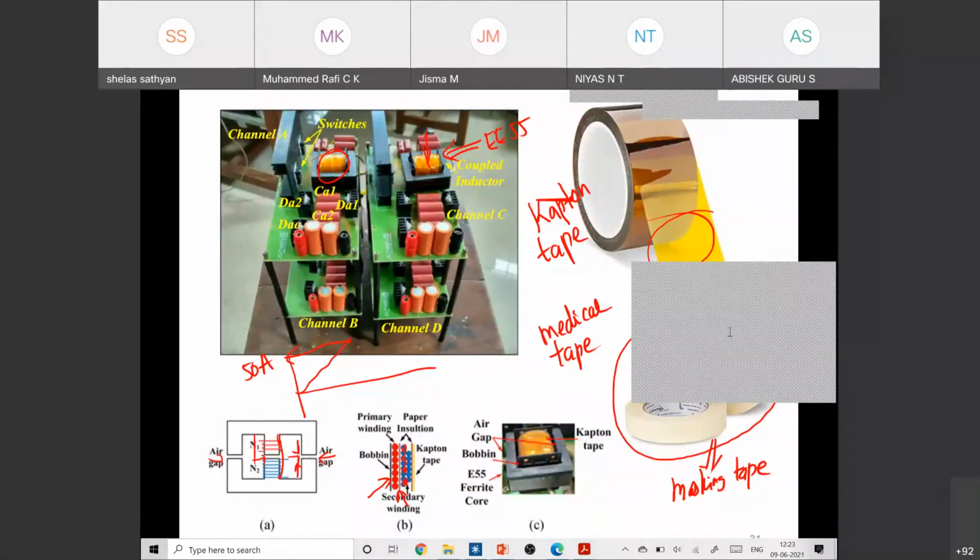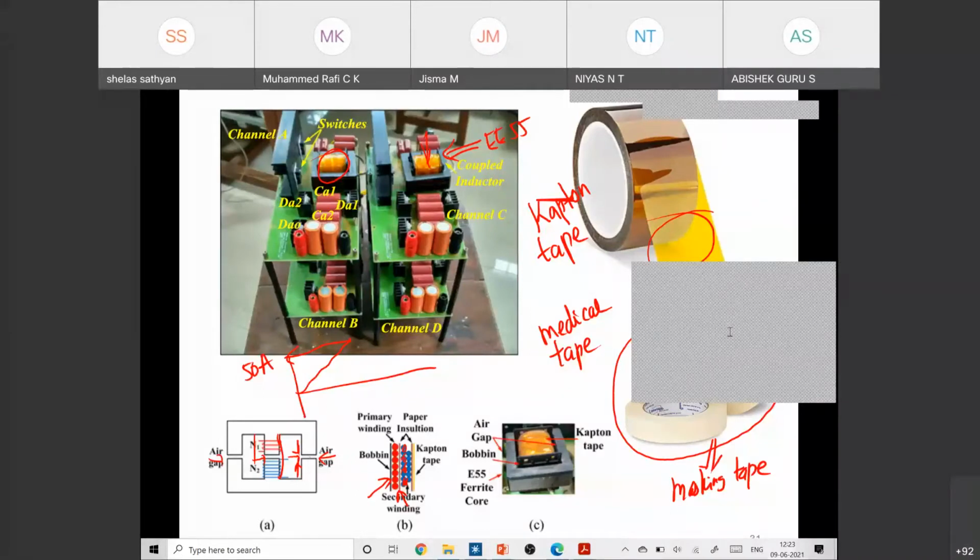There are a few queries posted by the participants. I'll read out. First question is whether the material is required to operate below saturation or at saturation flux density for good performance, especially for electrical machine applications.